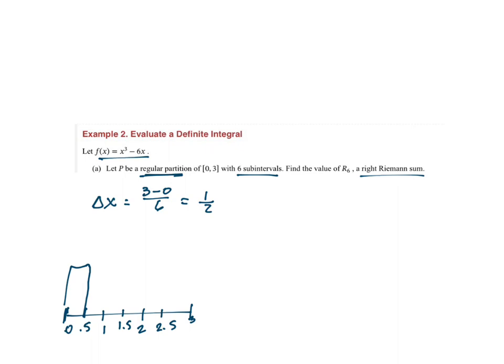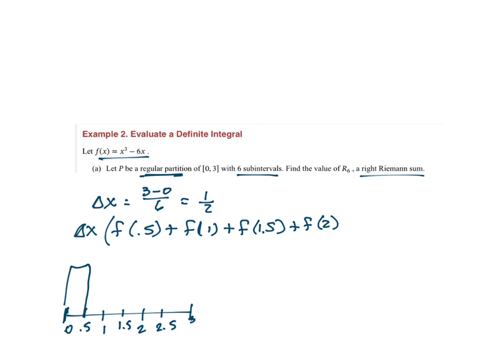So really, you don't have to draw the whole picture. It may not be helpful for you. You may not need it. But it is good to at least know I got a bump to the right. Okay, so the Riemann sum here is going to be delta x times f of 0.5 plus f of 1 plus f of 1.5